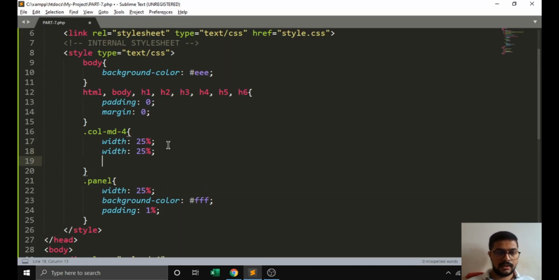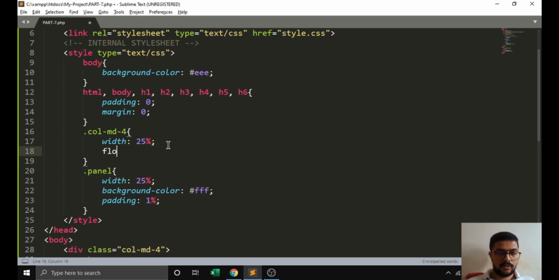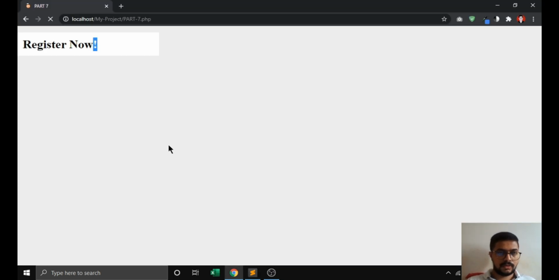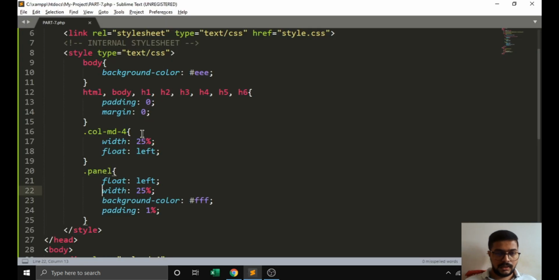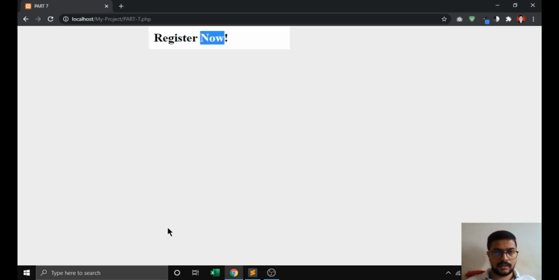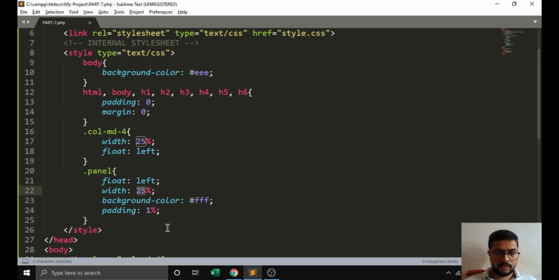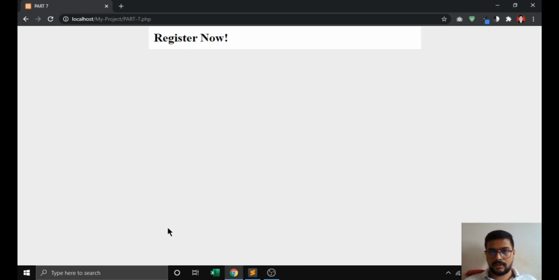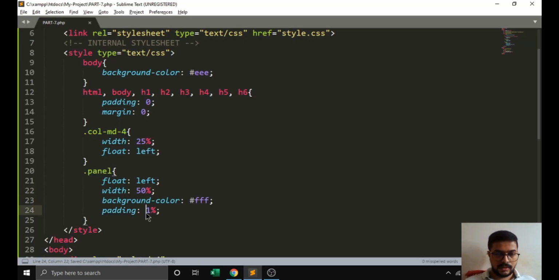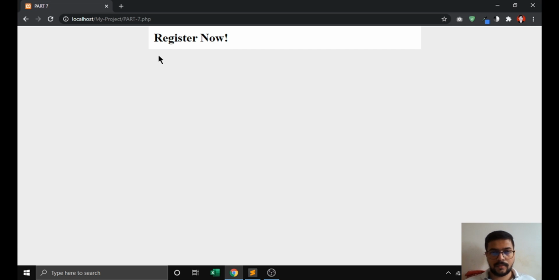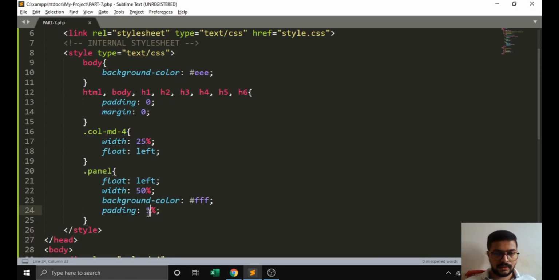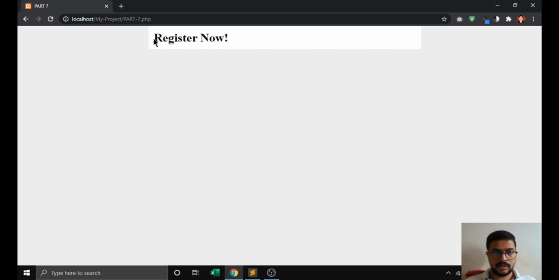So we have to just include one property, float left, over here also. Our form will look like this. In this we need it to be about 50%. It will look like this registration form. If I set it to 50%, this 1% will be considered as a width also, because we are